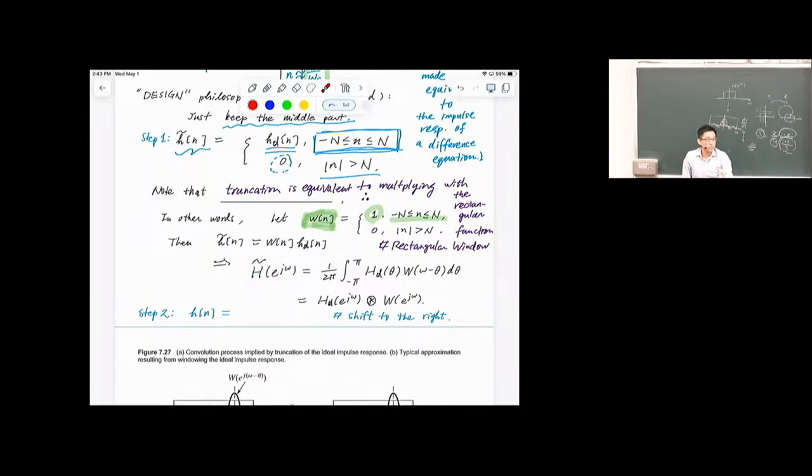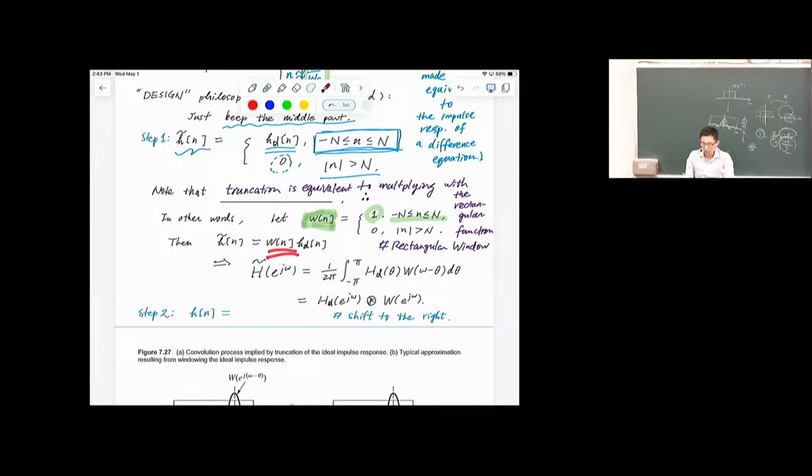But it has a close relation to the ideal filter. The ideal response still is this. Now we are going to do a convolution. Here, theta is just a dummy variable, but it's really the frequency. Now we're going to convolve the ideal magnitude, the frequency response, with the Fourier transform of this window